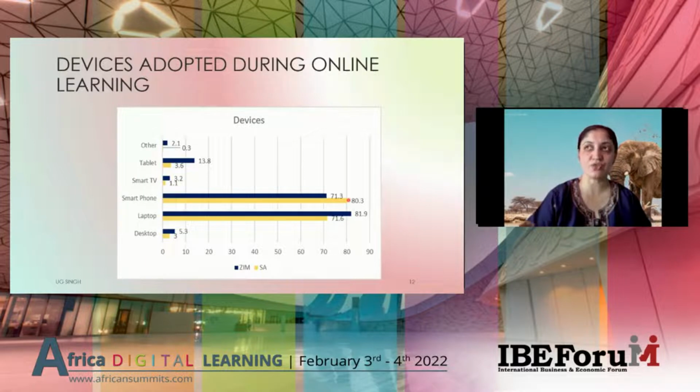And this speaks a lot to the considerations which academics need to take in the design of their learning materials for the online environment. Because if a student, for example, is taking an assessment on a smartphone, is your assessment then going to be accessible for the student in terms of readability? So are you using drag and drop questions which are going to be difficult for them to move around? How do you expect them to type out long essay questions when they're using a smartphone?